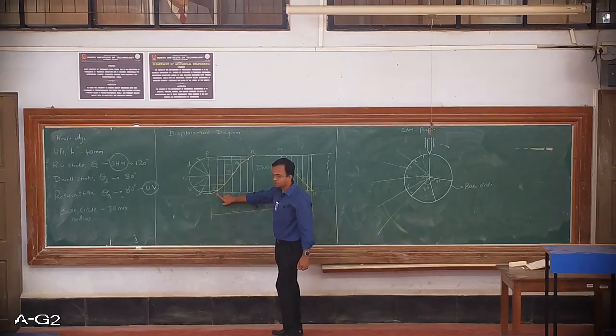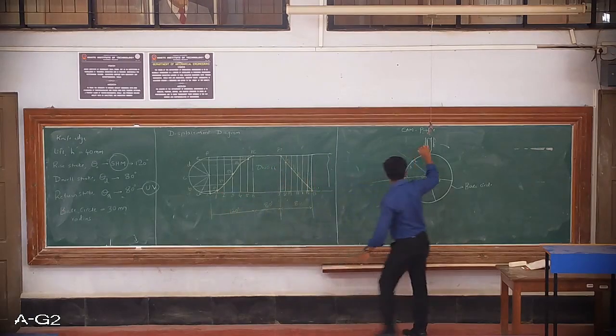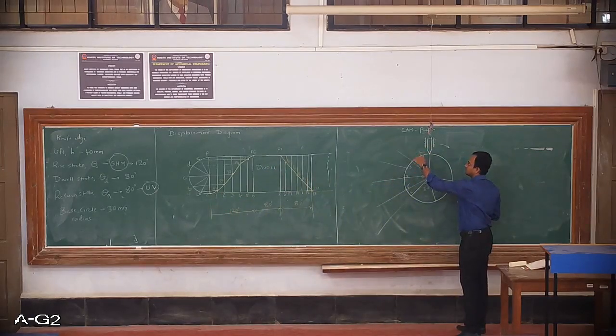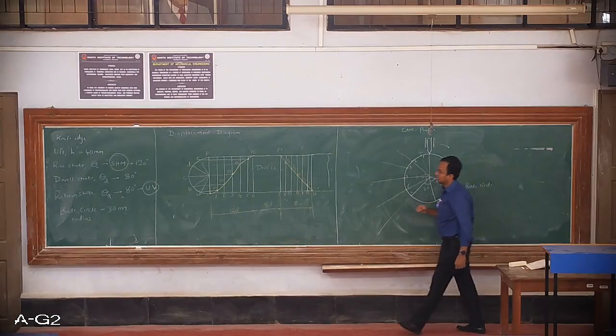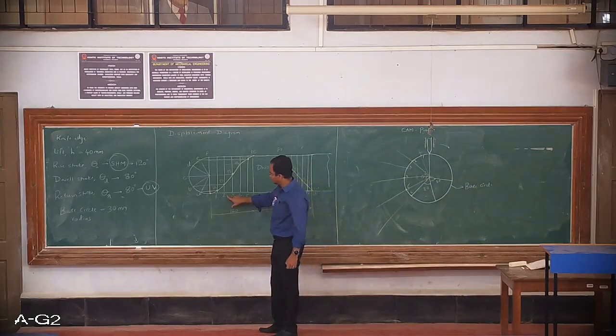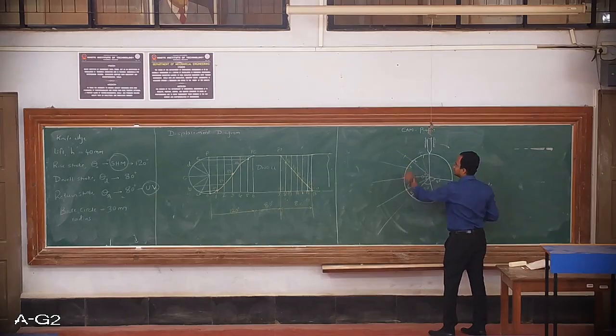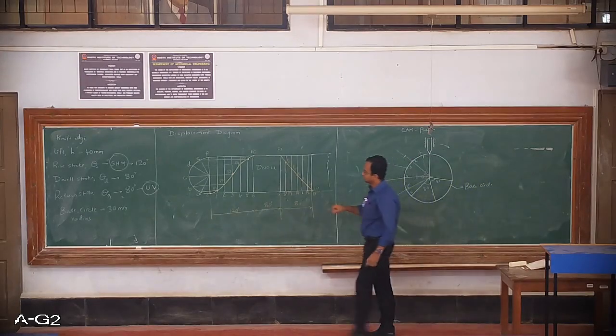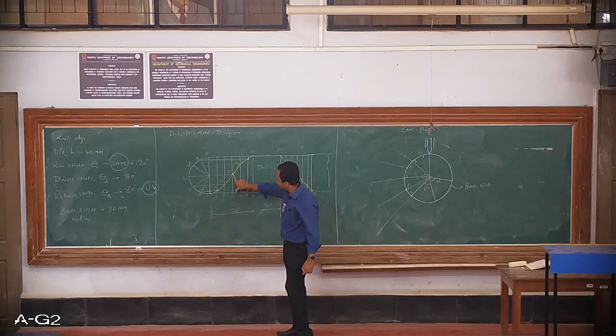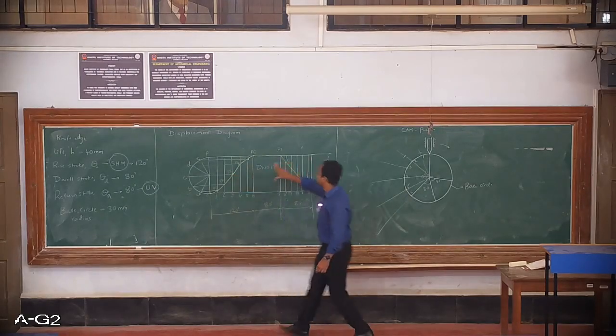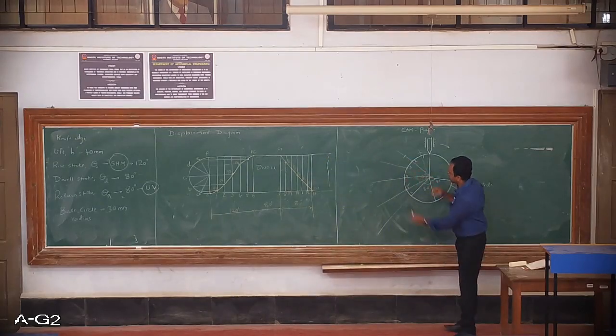I'll measure the distance from point 1 to P1, set the compass to this distance and cut the arc over here. I'll measure the distance from point 2 up to P2, set the compass to this distance and then cut the arc over here. I'll repeat again: from point 3 to P3, I'll set the compass to this particular length, and that length I will bring over here from point 3 to P3.